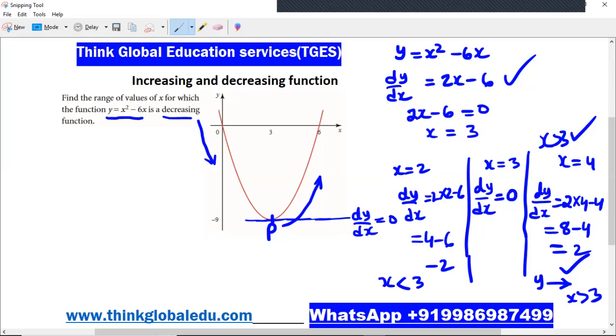So what you have to do is find the first derivative, then choose points in the neighborhood on the right side and on the left side of the vertex. If you find the first derivative positive, then the function is increasing, and if you find the first derivative negative, then the function is decreasing. That is very clear from the graph itself. If you go on the right side of this point P, the y values are increasing, and on the left side the values keep on decreasing. So the function is decreasing for x less than 3 and increasing for x larger than 3.